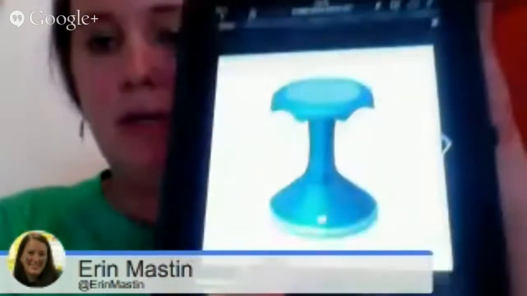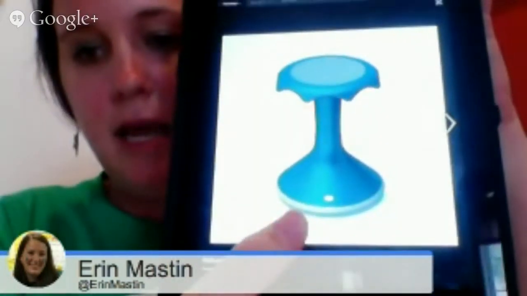Here's a picture. The bottom of the stool is rounded and they're not stationary, so when you sit in it, the kids get to move back and forth. And if you go on this website,